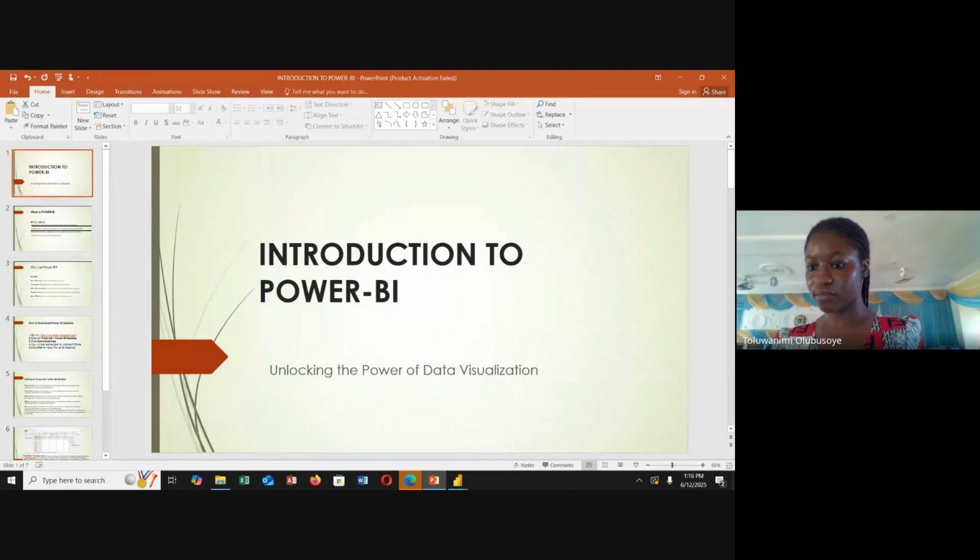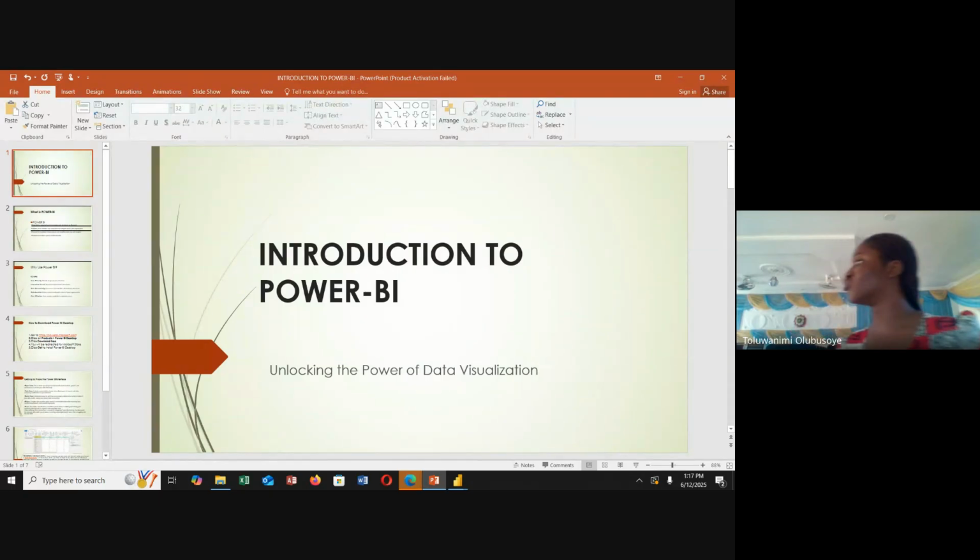So Power BI is similar to Looker Studio, the one we just did now, but there are a few differences. You know, Power BI was specifically created for visualization, like what we just did now, like bar charts, pie charts, and all those things. But the difference between Power BI and that Looker Studio that we just did is